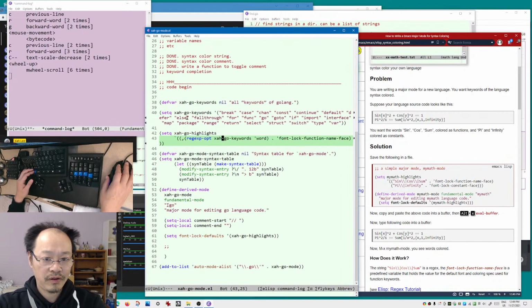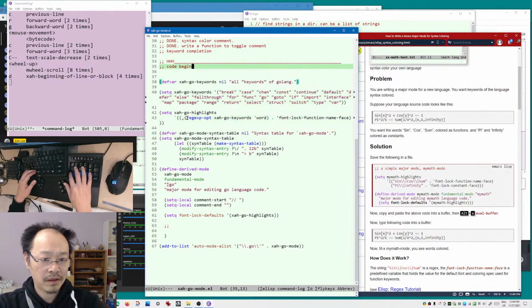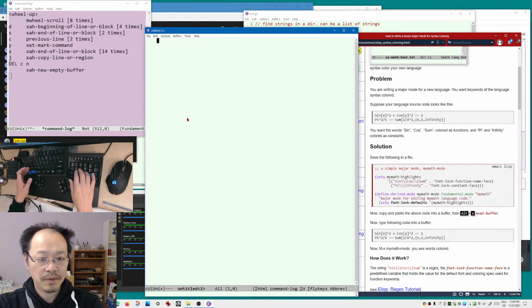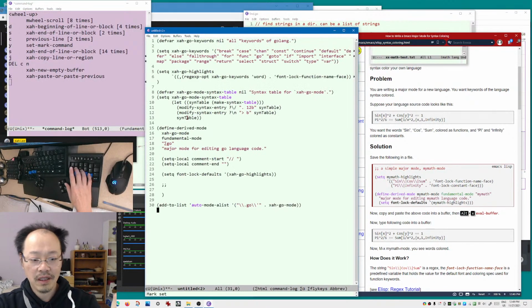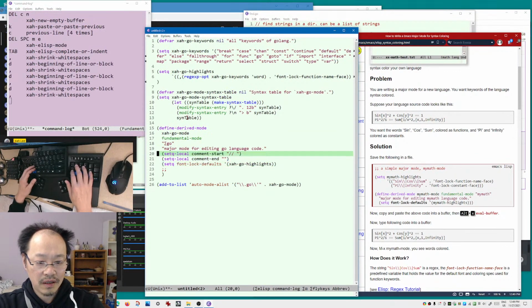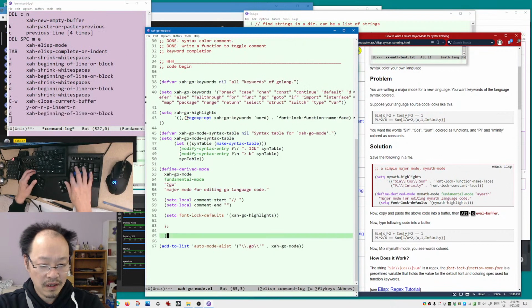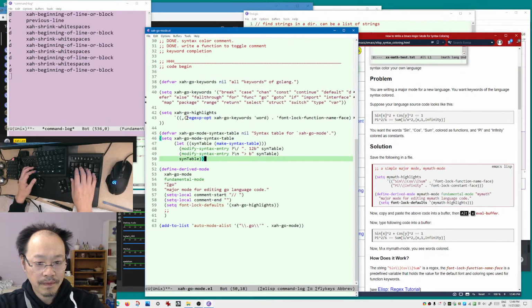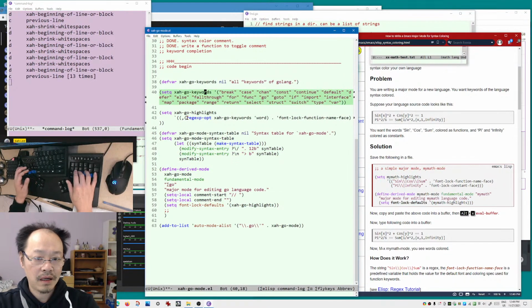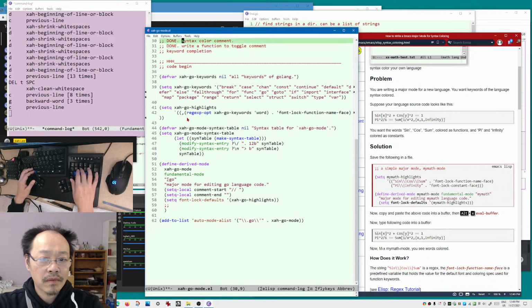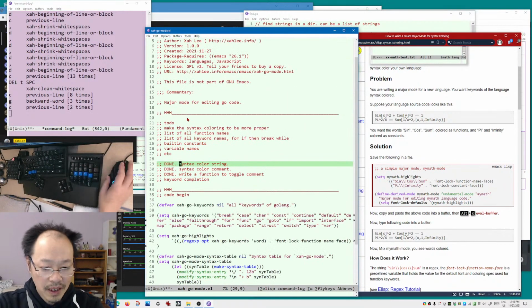Let's look at the whole file, okay? So that's about how many lines of code? Let's copy it, new buffer, paste it, 30 lines of code, okay, 20. If you shrink them, clean them, 20 lines of code. So, okay, so that's our major mode. What else? So now we got